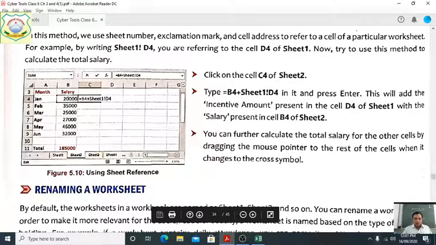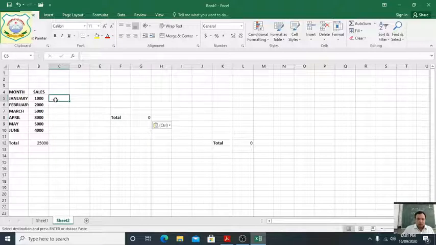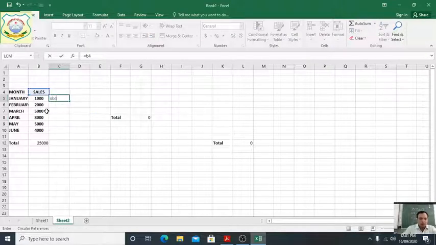Sheet reference: suppose 20,000 is given from this is B4, from sheet 1 D4. Equal B4, B5, sorry students, B5 from sheet 1.